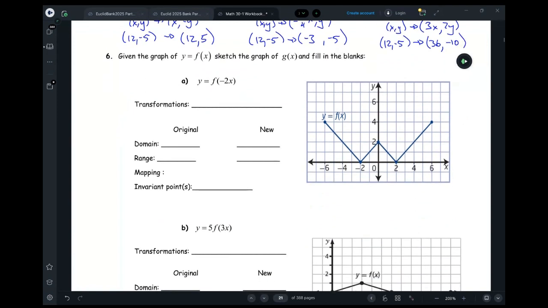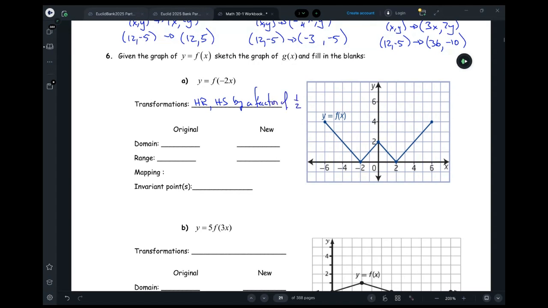Now what we're going to do is take a look at a couple of graphs here. So given the graph of y = f(x), and notice that this isn't a nice, simple, straightforward function. It looks like a couple of absolute values squished together. We're going to sketch the graph of y = f(-2x). And I don't have a lot of room for this, so I'll just do it real quick. Horizontal reflection, and then we've got a horizontal stretch by a factor